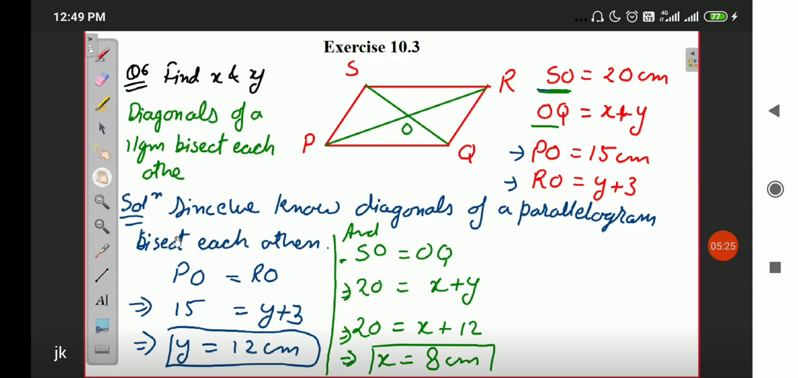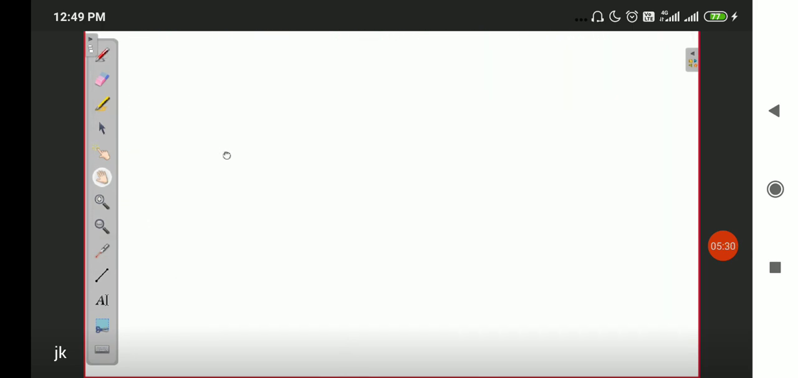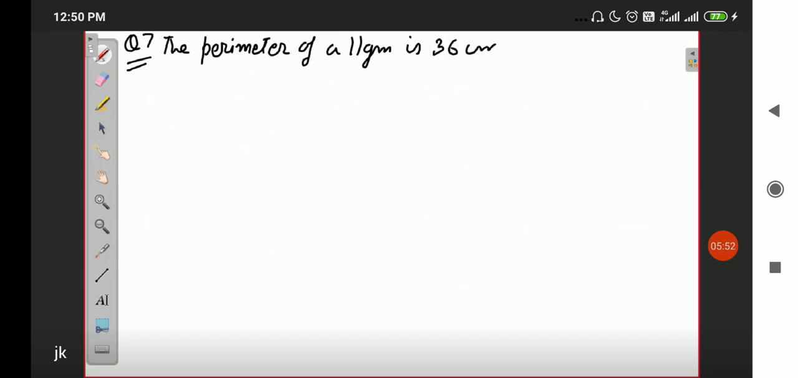Moving on to the next question. Next is question number 7. So what is question number 7? Let me write it down for you. The perimeter of a parallelogram is 36 centimeter. If the longer side is 4 centimeter more than the smaller side,